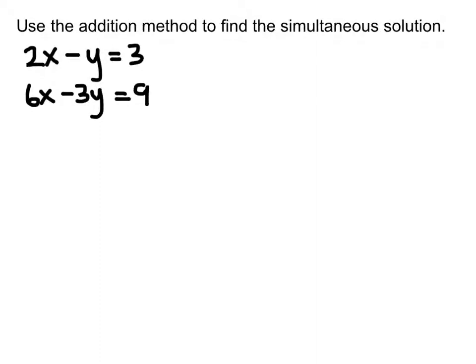Use the addition method to find the simultaneous solution. Looking at my system of equations, I think it would be best to try to eliminate the y's because I notice my y has a coefficient of -1. It might make it easier to make these coefficients opposites. So if I choose to eliminate y,